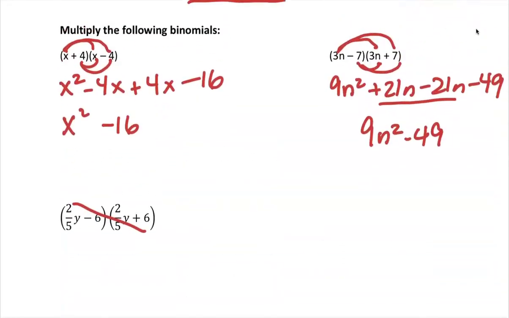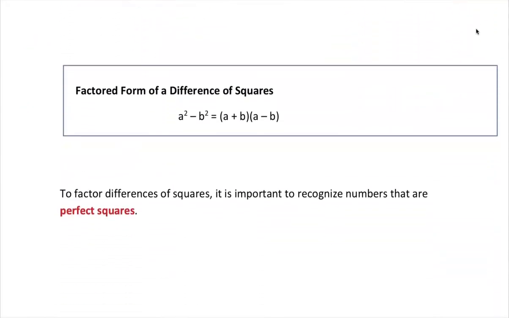So to summarize these two, we're going to look at a rule that's called the difference of squares. Difference of squares means that we're going to start off with an expression like this, and we're going to end up writing it as the product of its conjugates. To help you recognize when you're dealing with the difference of squares, the word difference in math means subtraction, and the word square in math means that it's a perfect square. So you might see that exponent of 2, but you might not see the exponent of 2 because some squares,